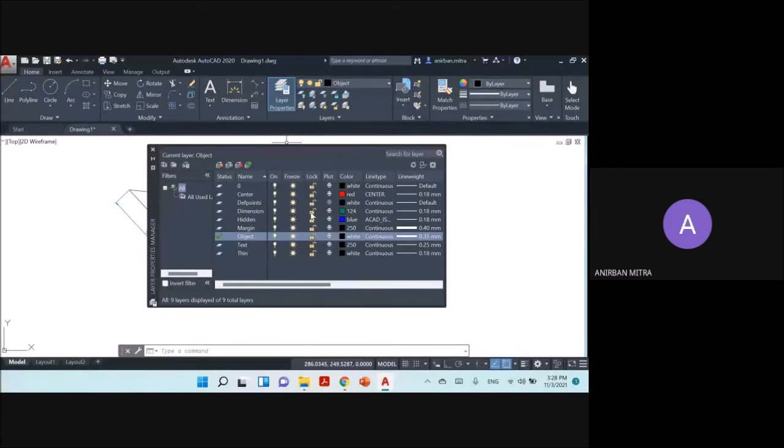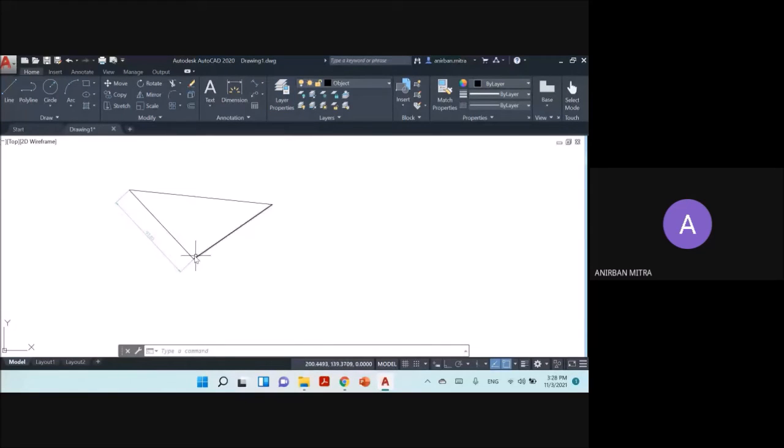Let's say I want to lock the dimension layer. So you can click on this lock, and now this lock is closed. What will happen is that if I now try to delete this, I'll not be able to select and delete that. So by mistake, you cannot remove any kind of dimensions. If I select that and press delete, you will see that it is not deleted. And if you read it over here, this was on a locked layer, so the erase command did not work on it.